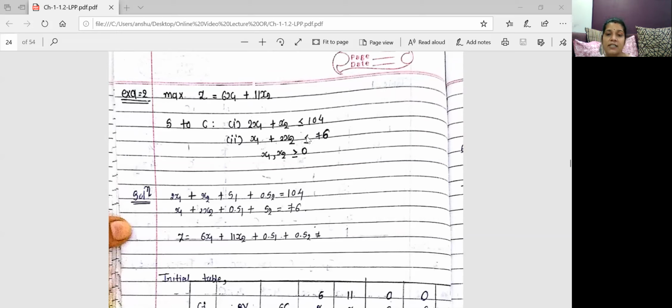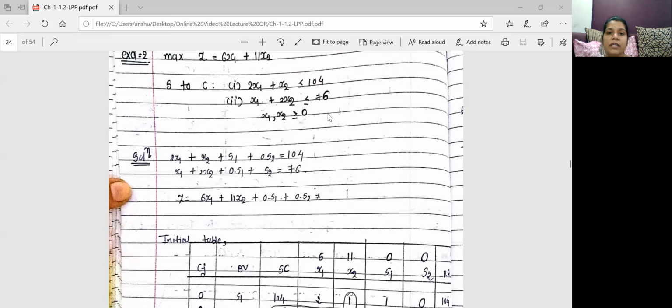In case in our question we are given greater than equal to, the inequality is greater than equal to, then we convert our maximize simplex method to the dual simplex method. We solve this type of question by the method of dual simplex method. So in our question we are given the less than equal to sign.